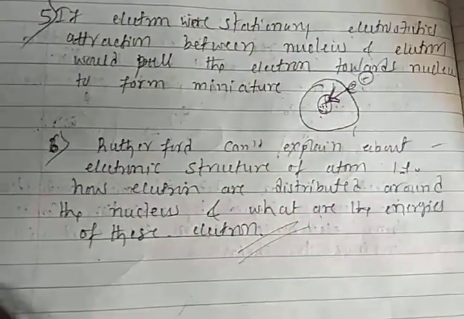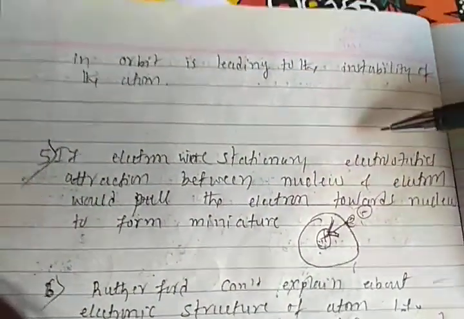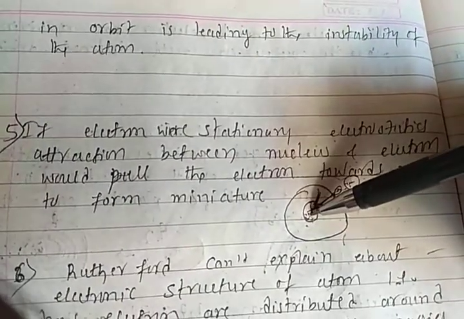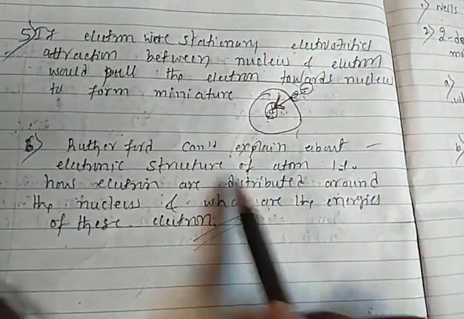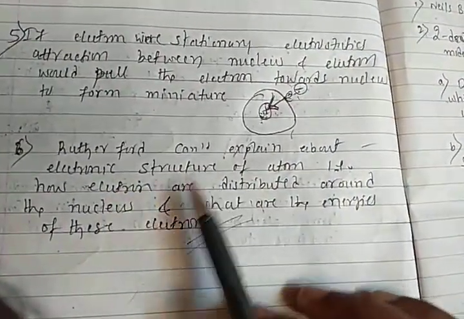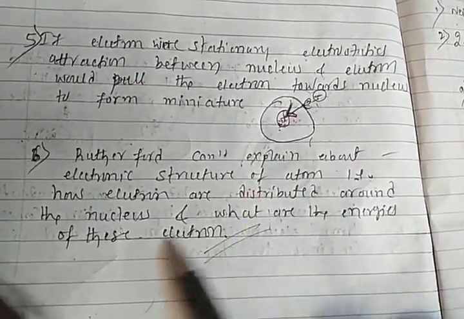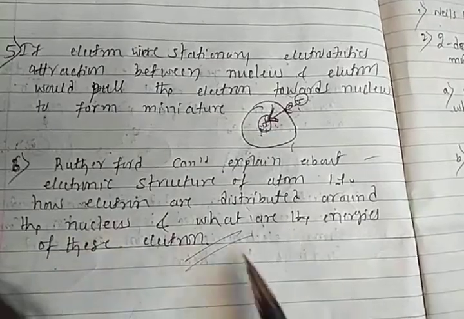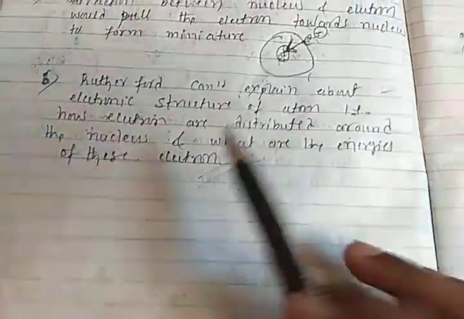The first point, Rutherford cannot explain the stability of the atoms. The second point, Rutherford cannot explain why the attraction could not take place between the proton and electrons, because opposite charges attract. Why could they not be attracted? And the third point, in what manner the electrons are distributed in the atom, he cannot explain. So that's why the Rutherford model has failed, students. He was unable to explain these three points, so the theory failed. This theory was then continuously studied.